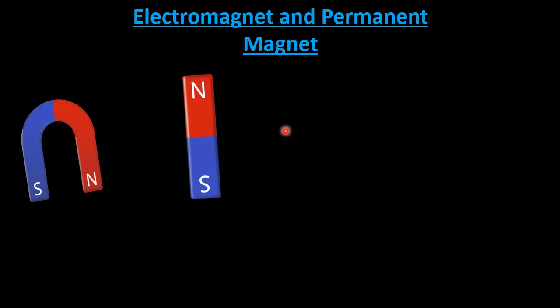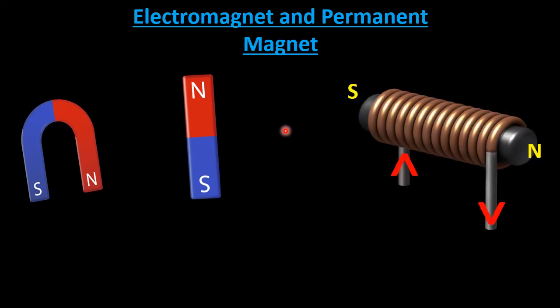But we have already studied that the solenoid, when the current flows through it, also acts as a magnet. If the current flows in from this side and flows out from this end, then here will be the north polarity and here will be the south polarity, so that the solenoid will act as a magnet. And here we can change the north polarity and south polarity just by reversing the direction of flow of current.